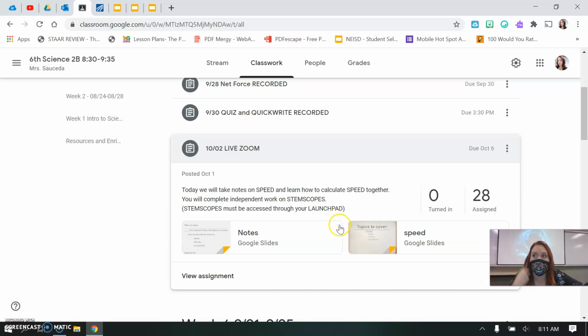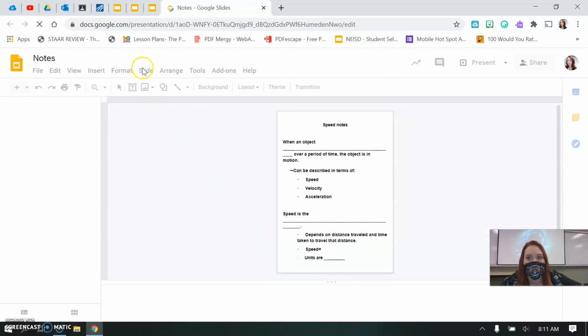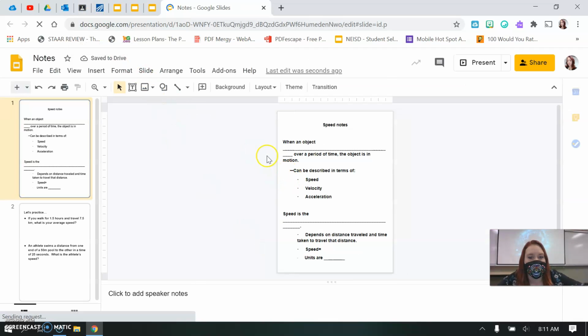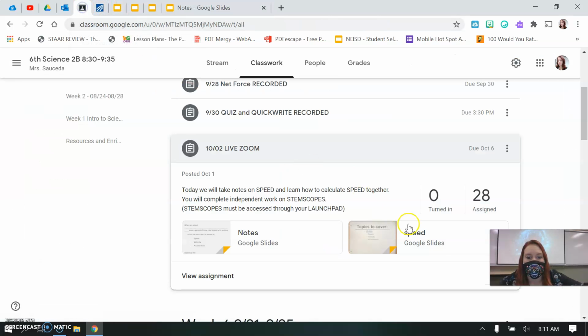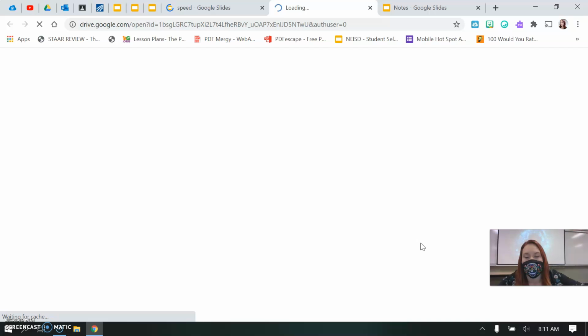So to take the notes, you're going to need two things. You'll need these two attachments. You need the actual notes, which should have your name on them. And we've done these notes before. These are fill in the blank notes. You also need the completed notes, which is a slideshow labeled speed. So the beginning part of our notes